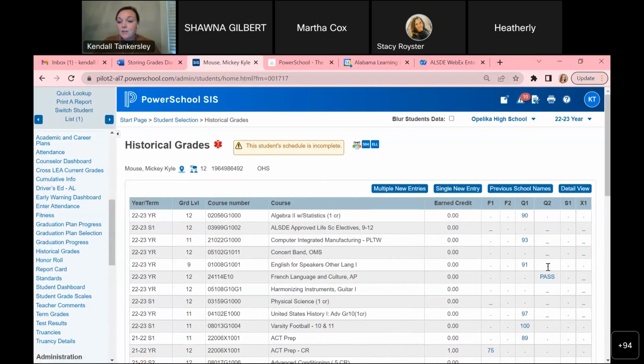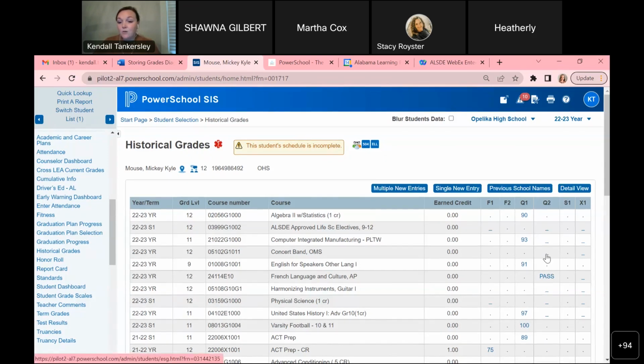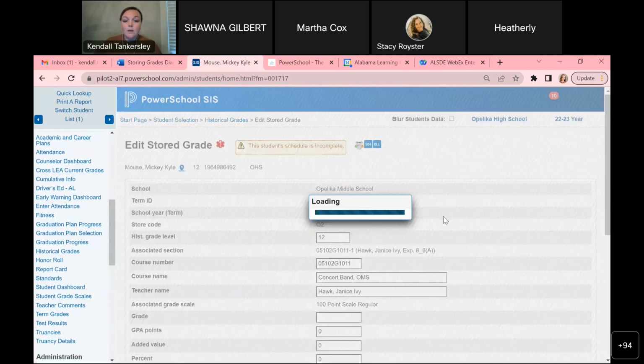So if I have a dot in my historical grade, that just means I haven't done anything with that yet. And so maybe they haven't been stored. It's not time to store yet for that one. But when I have a dash, that actually is a null grade. So if I click into that dash,